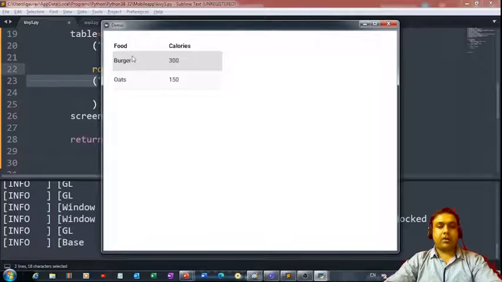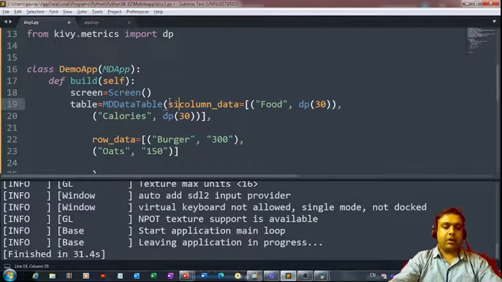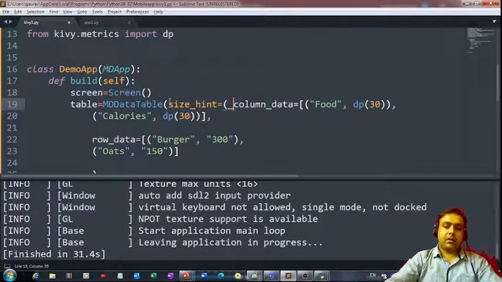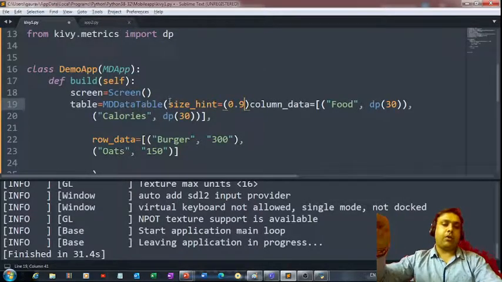Okay, it's time for us to now define the size of our table. If you want to do that, you can simply use the size underscore hint attribute. Simply put size underscore hint here, and then you can pass the dimensions of your table. Suppose you want a table whose width is equal to 90% of the width of the application's window.